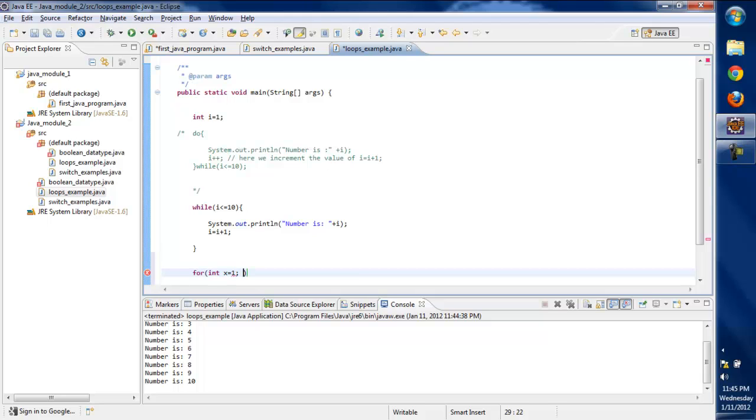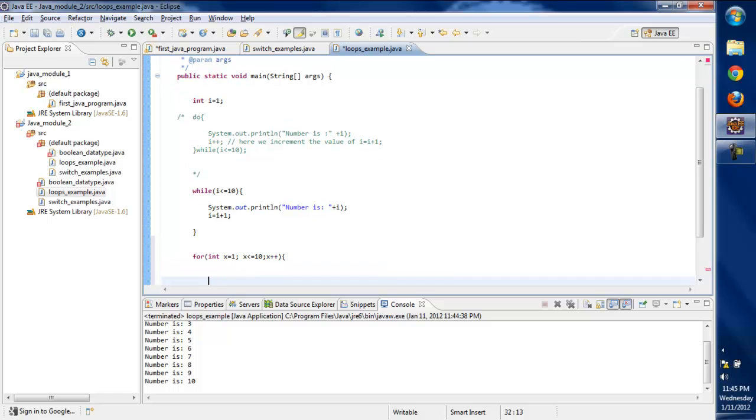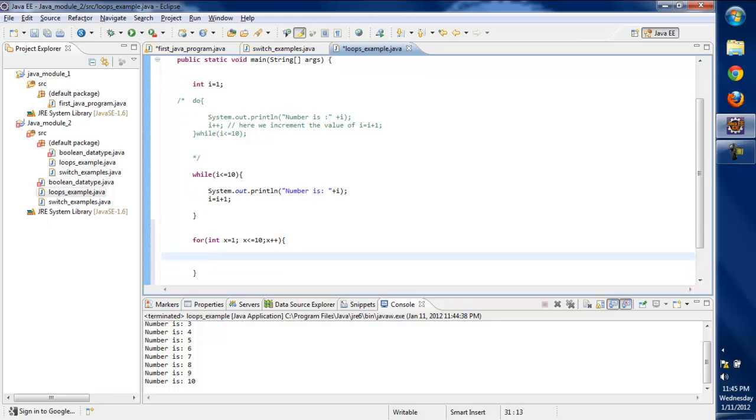semicolon, x is less than equal to 10, then x plus plus. Let me write it, and then I'll explain to you what I'm doing over here. So I'll write system.out.println, value of x is plus x, and I'll comment this one as well. I'll comment out this code,